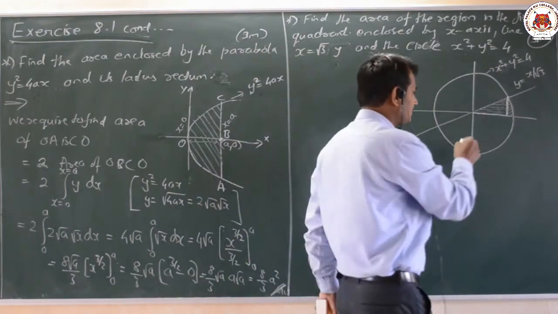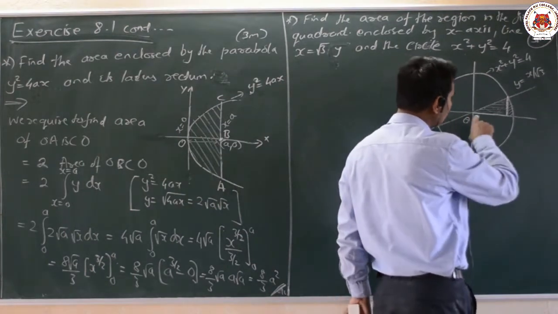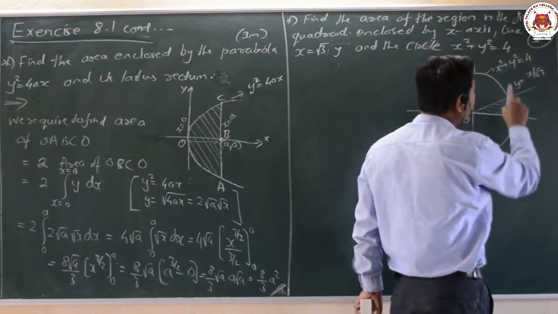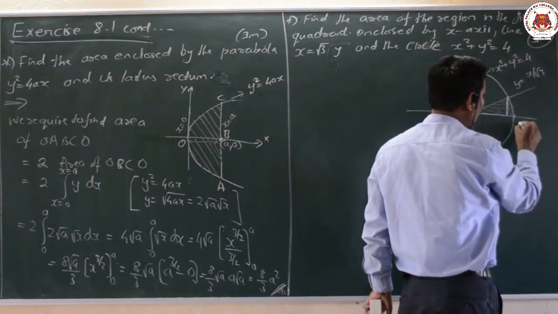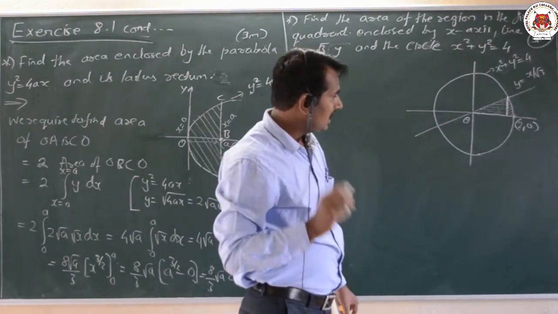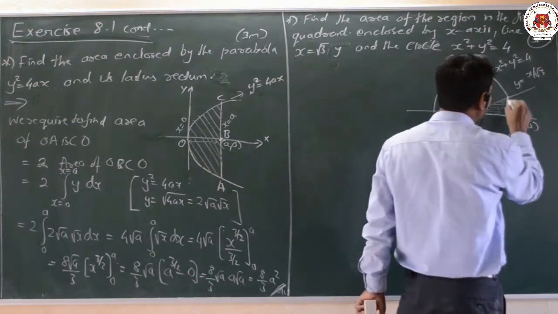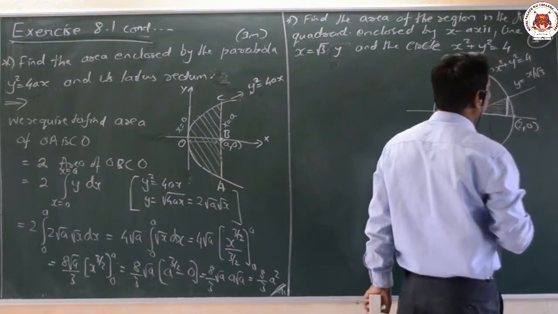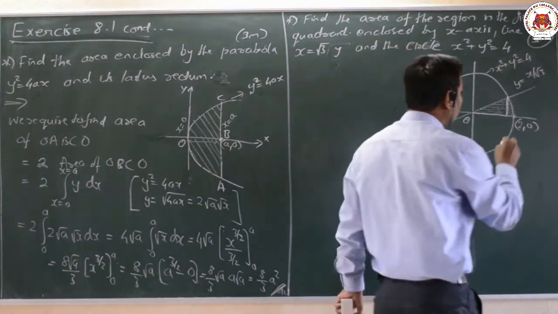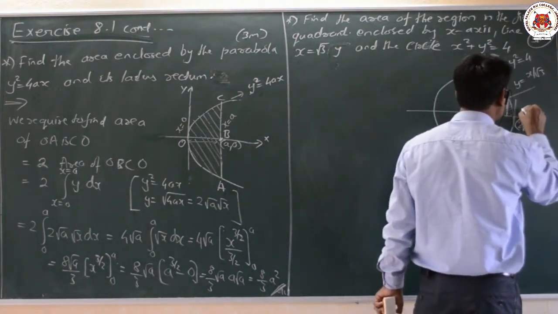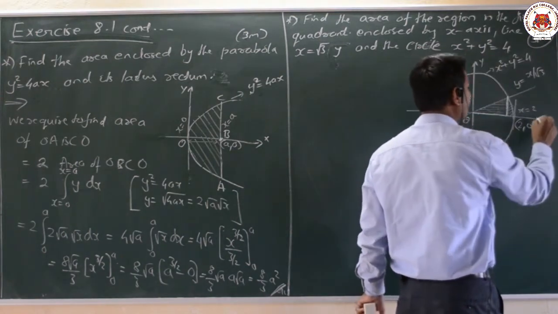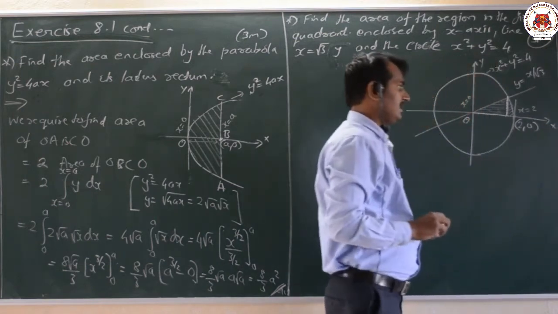Now let us take the center as the origin. What is our radius here? x square plus y square is equal to r square. Radius will be 2 here. That is, this particular point will be (2, 0). Here we require to find this particular point. Here this is our line x equal to 2, here it is our x equal to 0, it is our y axis, and it is our x axis.